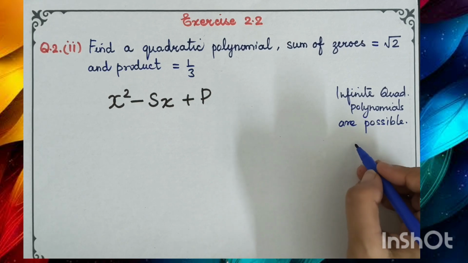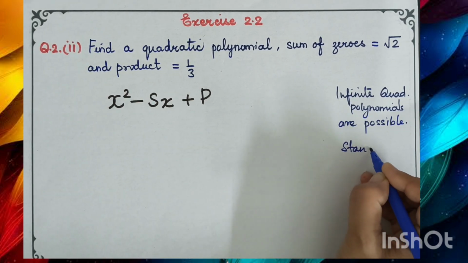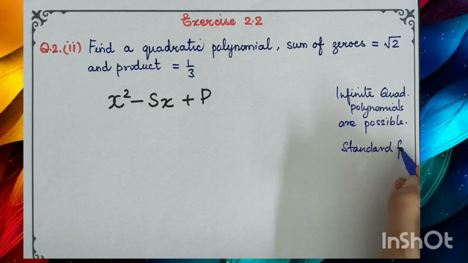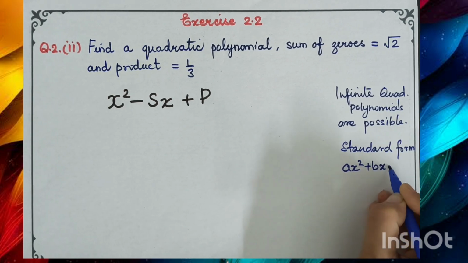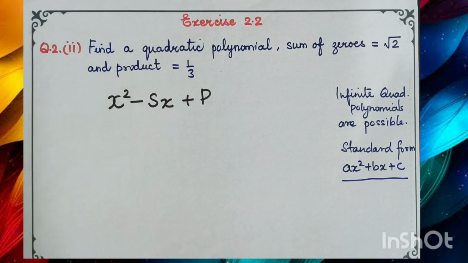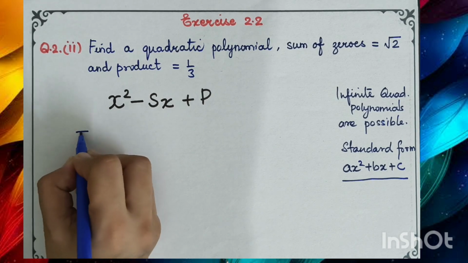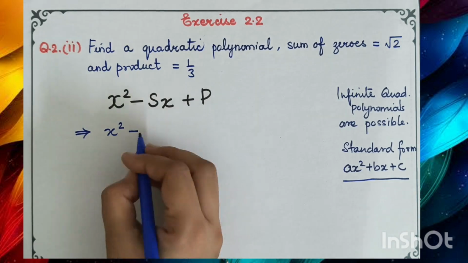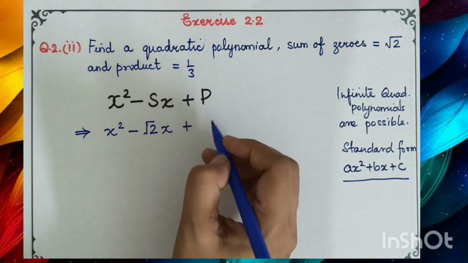But as you have seen, the question does not say "find the" polynomial. So there's not one specific, there are many possible and you have to just give one. So when we have to find one only, that means we have to find the simplest and the most standard form of the quadratic polynomial, that is ax square plus bx plus c. So here we'll try to find it just by substituting in this expression. So x square minus the sum of zeros, which is root 2, into x plus the product of zeros, which is 1